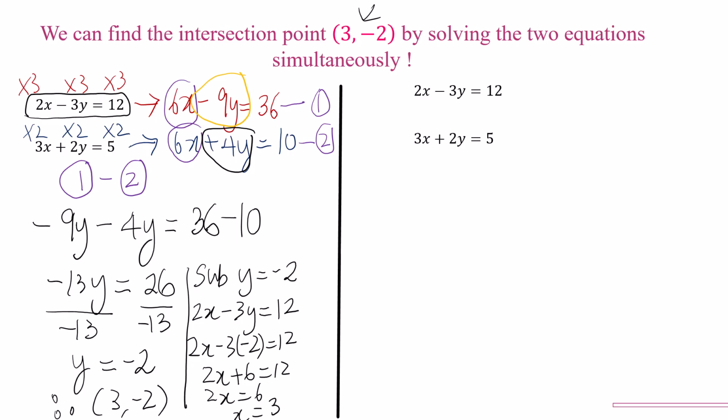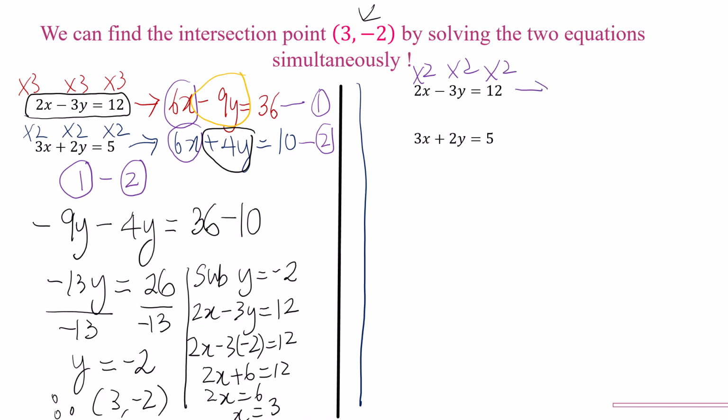Now let's look at another method. No, the method is still the same. It's called elimination. But what we're going to do is, instead of making 6x the same for both equations, I'm going to eliminate y. So to eliminate y, let's look at this term here. What is the multiple of 3 and 2? Yes, it's still 6. So what I'm going to do now is multiply every term here with 2,